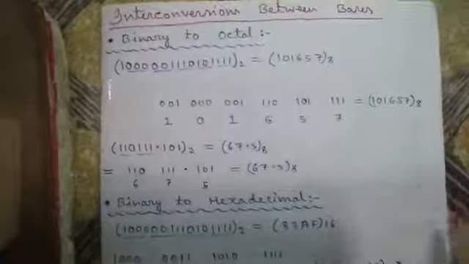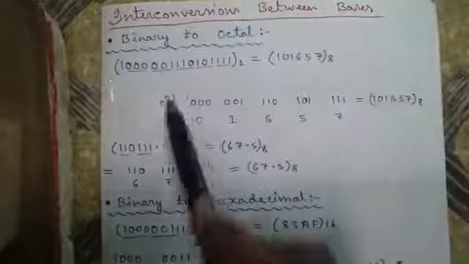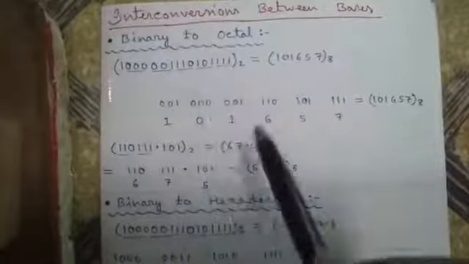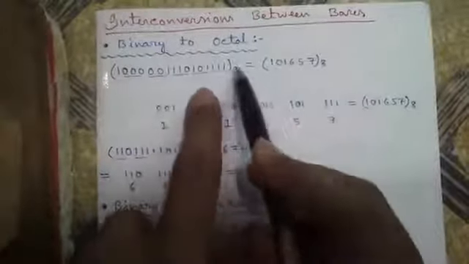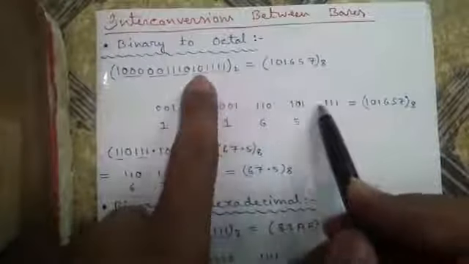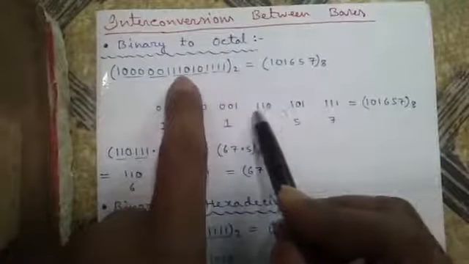That is fraction digit into base to the power minus 1 to minus n. N is the number of digits in source number. Now interconversion between the bases. I will convert from binary to octal directly without involving decimal number system. For that, scan the number from right to left and group in a group of 3. So 111, 101, 110, 001, 000.